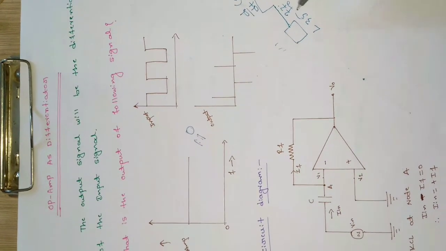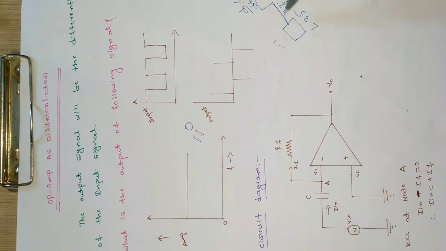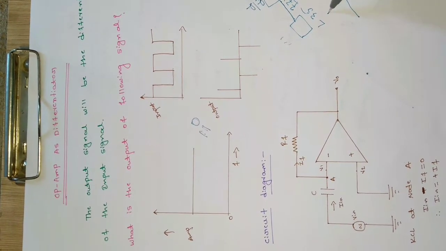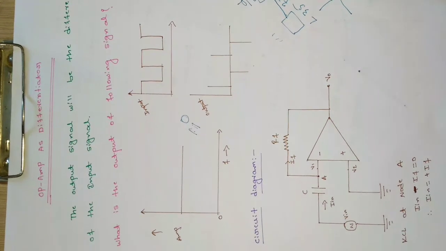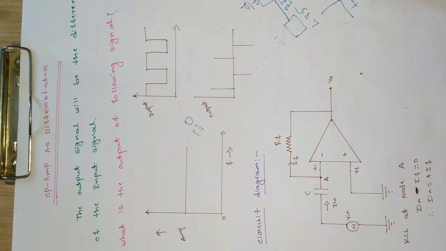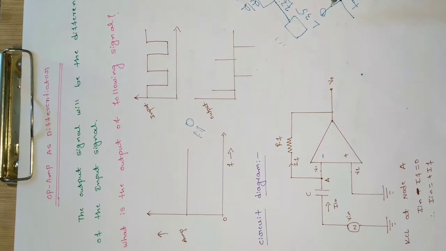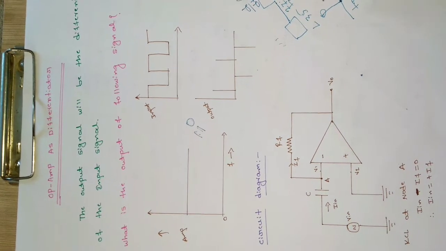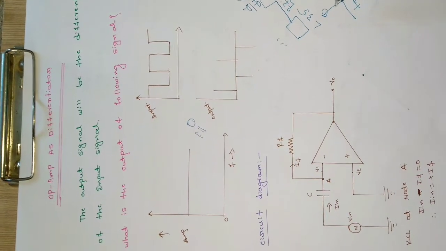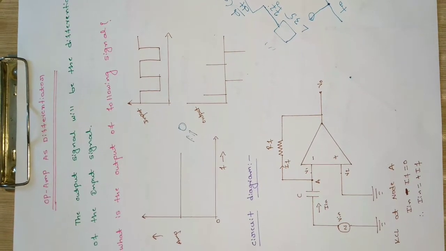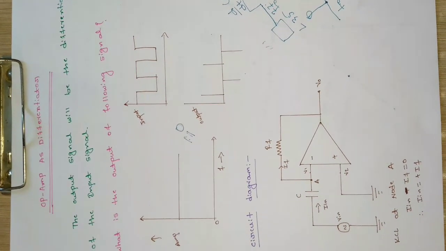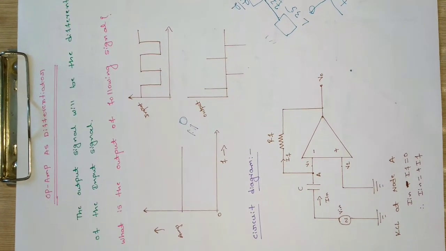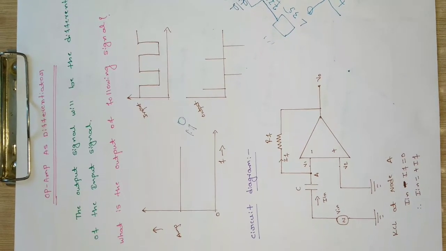When we give this signal to the differentiator, it will give an output like this. It will be 0 for the T0 period, and there will be a spike at the T1 period, and then it is 0 again. So this spike indicates a change in the temperature. It is constant over the T0 period, but at time T1 it has changed. Like this we can use the differentiator to detect edges in the signal, or to detect changes in the signal. So that's an application where we can use the op-amp as a differentiator.